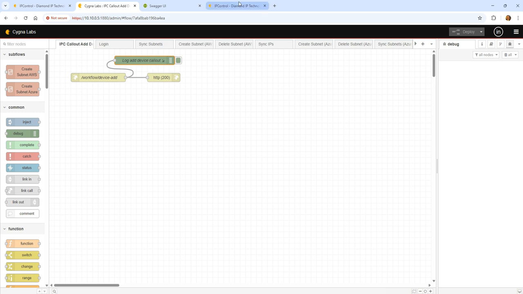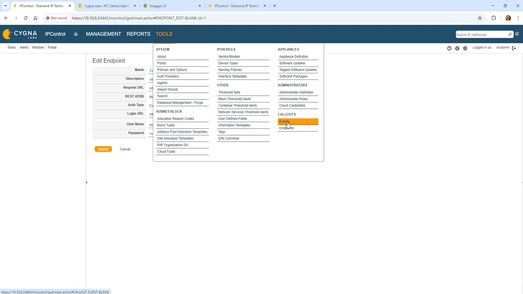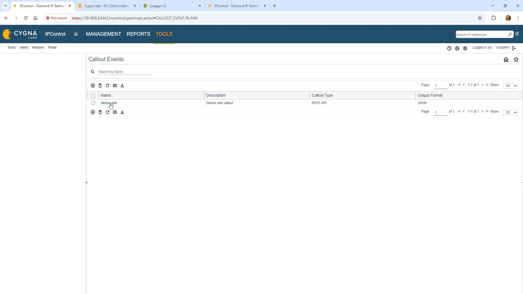But we can do something with this at a later time. That's what we want to get to. It also has a login URL, so it goes out and gets a token and is then enabled to pull the data out of the database through API and upload it. So this endpoint I can specify as an event endpoint, so that whenever that transaction occurs, it'll kick off